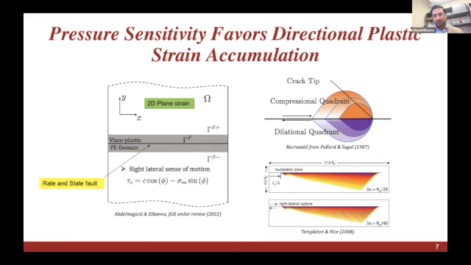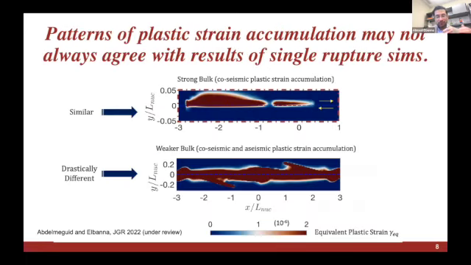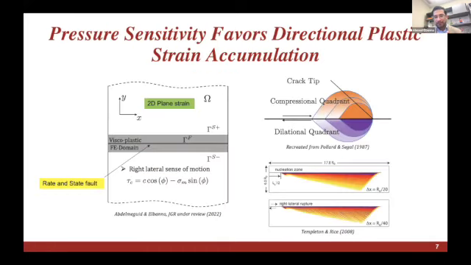And this is a figure from Templeton and Rice, which definitely speaks to this kind of directional strain accumulation. This, of course, is dependent on the angle of maximum compression. So it depends on the background tectonic stresses. For this particular talk, I will just focus on one angle of maximum compression, and this is 45 degrees. And for that angle, the dynamic rupture simulations shown here in Templeton and Rice definitely show that the plasticity is accumulating on the dilatational quadrant.